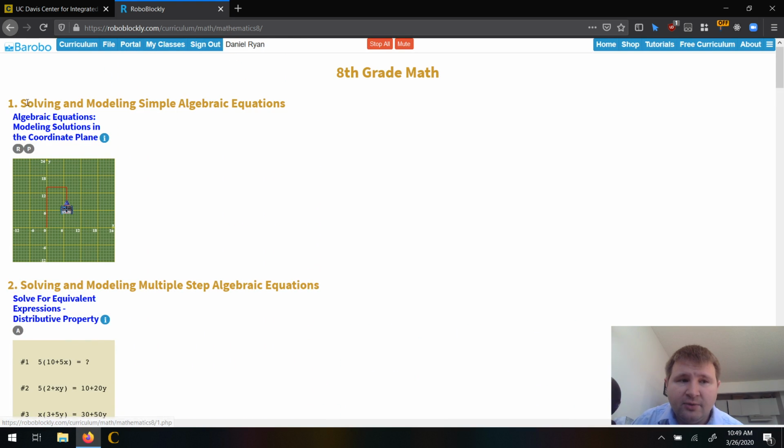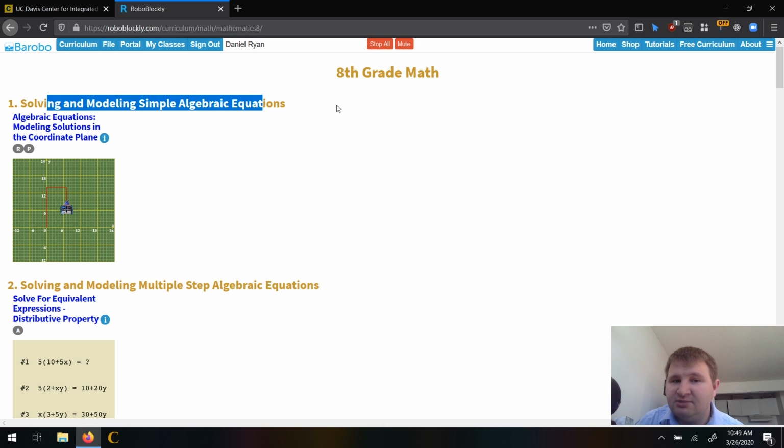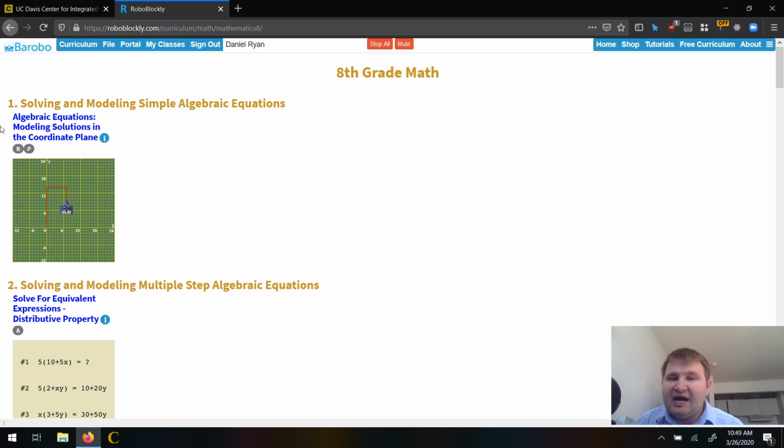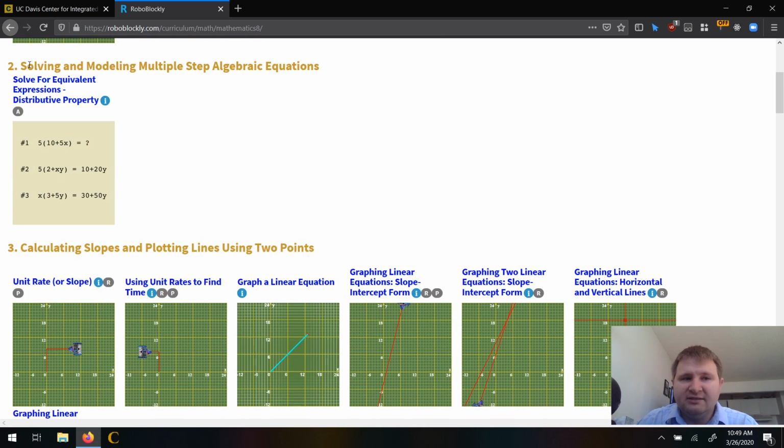So in 8th grade, we have some activities for solving and modeling simple algebraic equations. You'll notice some of these are repeated from previous courses, and that's so that if you have a student who had used this for their 7th grade math course, when they start up with this, they get that little bit of practice with an activity they've seen before, become a little bit more familiar with what they're doing as a refresher and a reminder, and then carry on with new activities like solving and